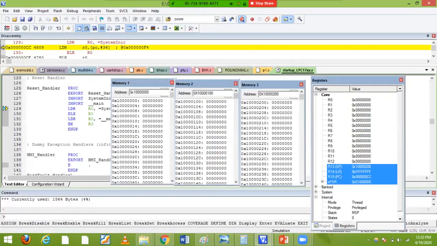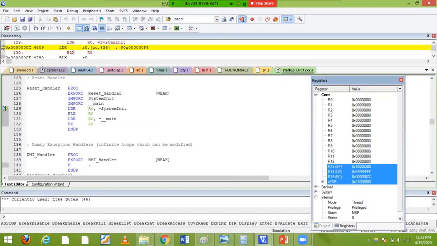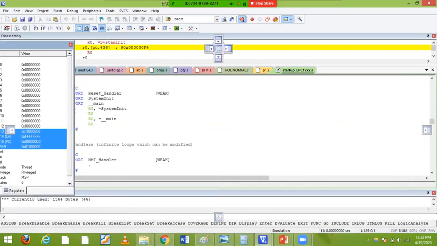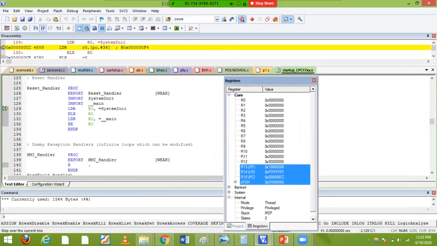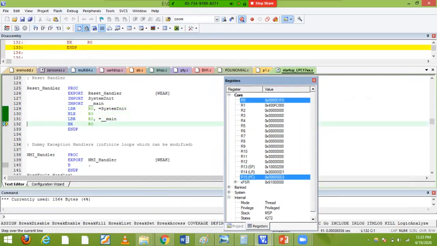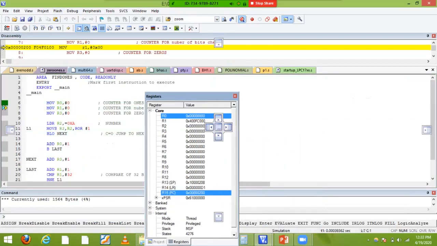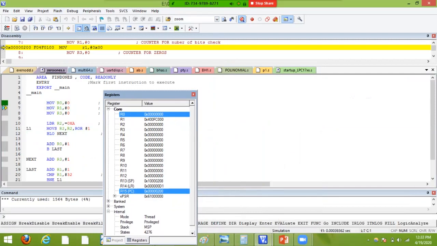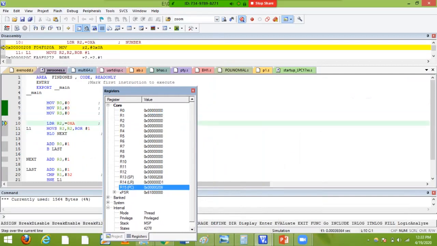Okay, so I'm not going to use the memory locations right now in this program. I'm just going to use the register window. Next, just skip the process. Now first see the R0 value loaded, it is initially 0. Next, R1 value also 0, R2 value also 0, because initially I made them 0. If they had some random value, sometimes that's why.